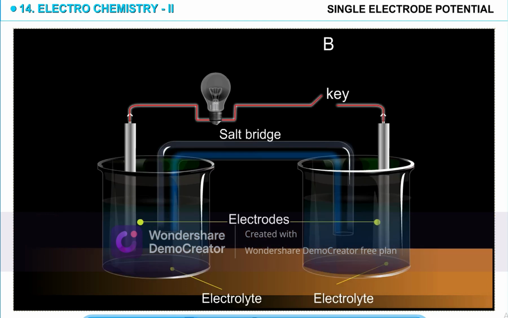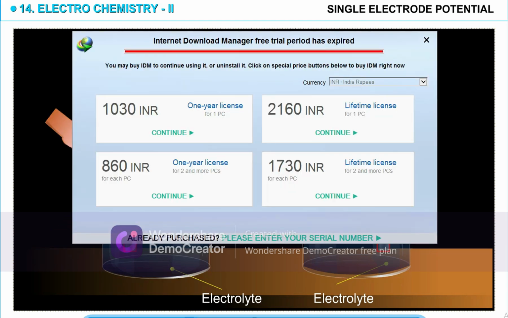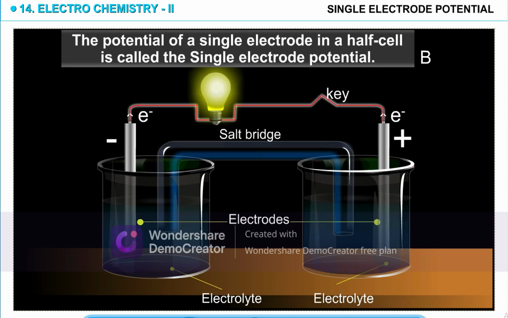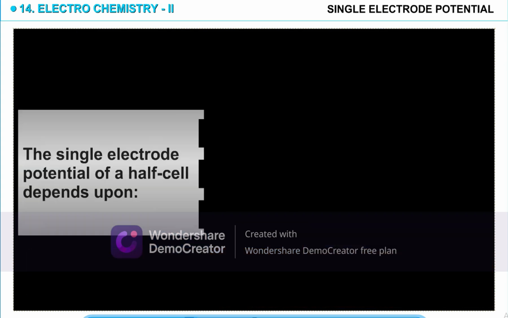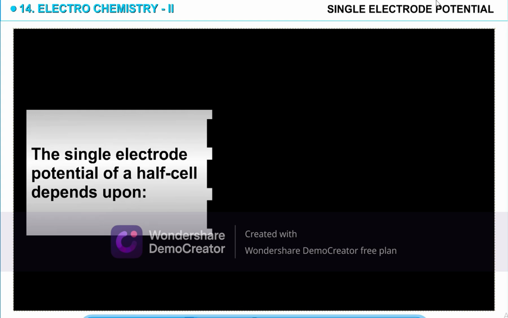An electrochemical cell consists of two half cells. With an open circuit, the metal electrode in each half cell transfers its ion into the solution. Thus, an individual electrode develops a potential with respect to the solution. The potential of a single electrode in a half cell is called the single electrode potential. The single electrode potential of a half cell depends upon